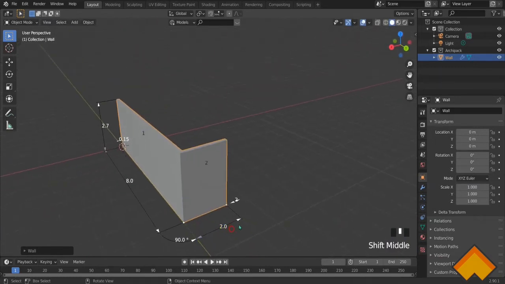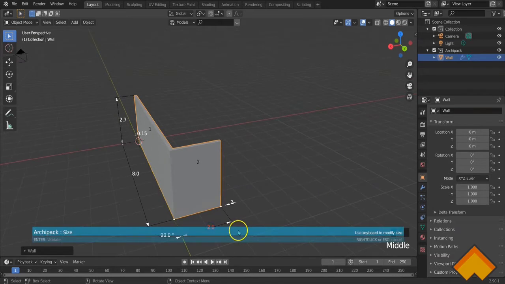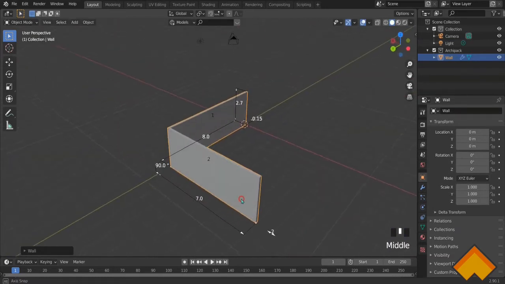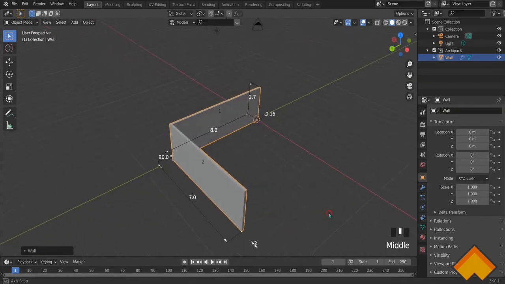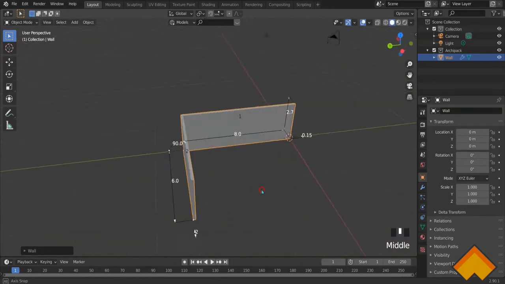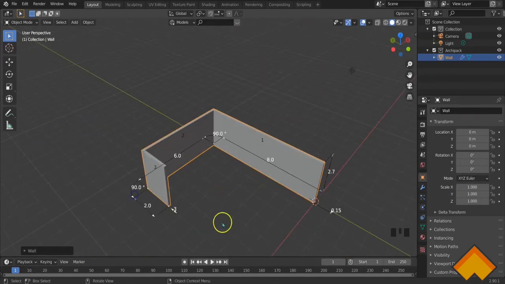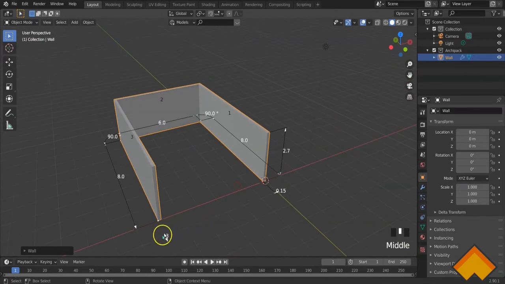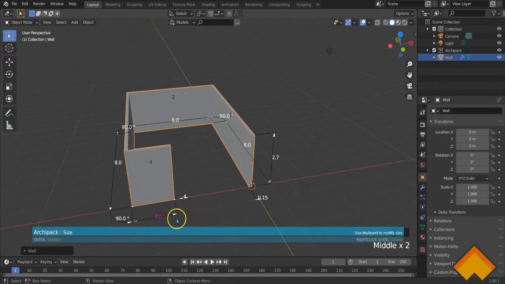Another wall as simple as that, 7 meters, or shall I reduce this to maybe 6 meters? I think I might reduce it to 6 meters, yes. So once that is done, now I'm going to add the third wall, 8 meters, and add in the last wall, and it's going to join automatically